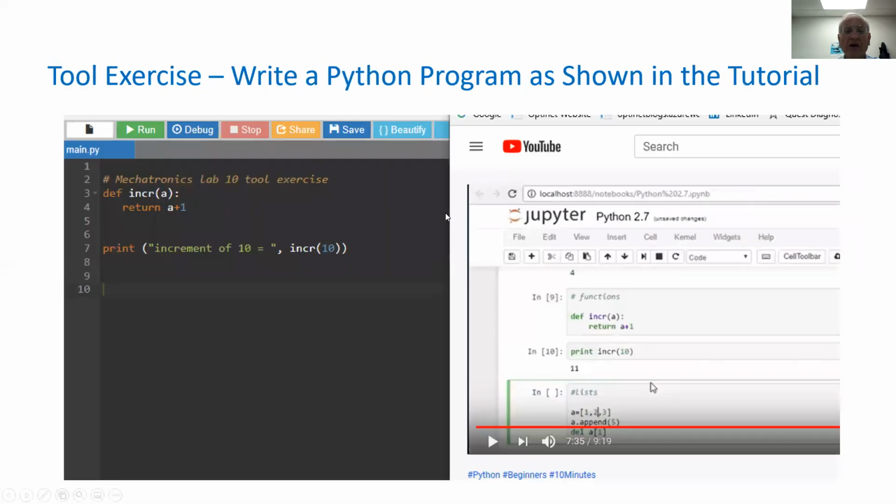And then we'll do an exercise by putting the 2 screens in Windows, following up step by step what the tutorial shows us to do, and then doing it on our screen like we're showing over here, defining a function to increment a number, increment A. We do the same thing here, and then we run it in a similar way. We present the results in a report.